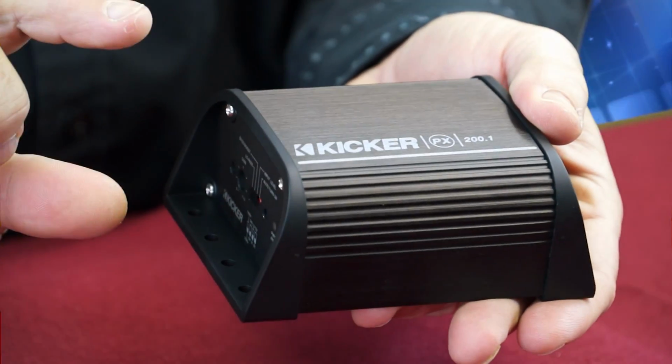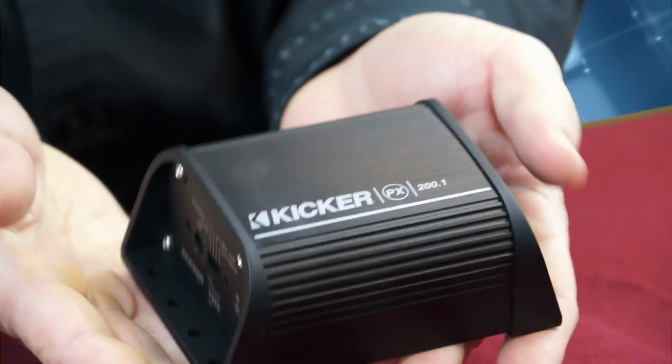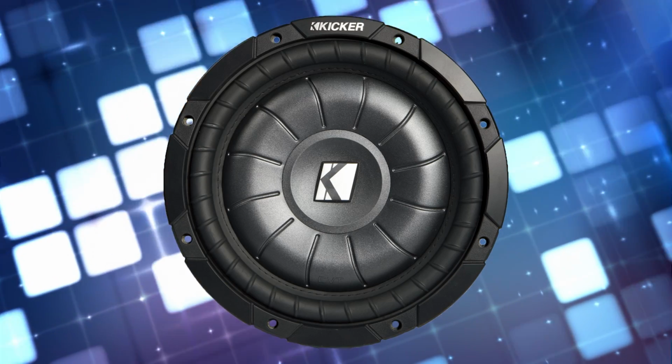Powersports are high-power, low-draw amplifiers, and they are the perfect solution for the open-air listening environment, and in a tiny little chassis you can put just about anywhere. The PX200.1 is a monoblock amplifier with 200 watts RMS at one channel into a 0.5 ohm load. And if you want to run a subwoofer on your motorcycle, Kicker recommends pairing it with the 6.5 inch 1 ohm Kicker Comp VT PowerSports subwoofer. This subwoofer is weatherproof for saddlebag installation on a motorcycle, and it's the perfect combo with